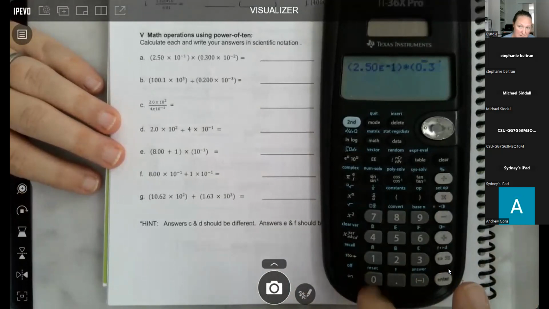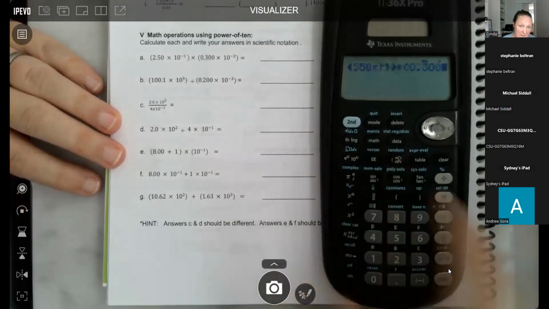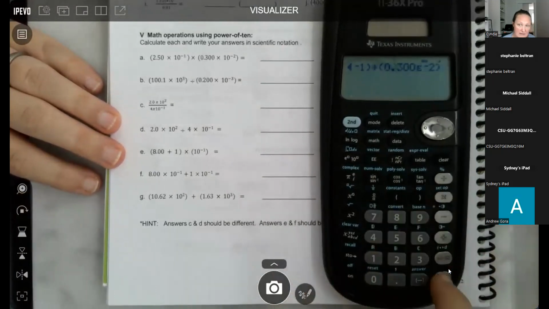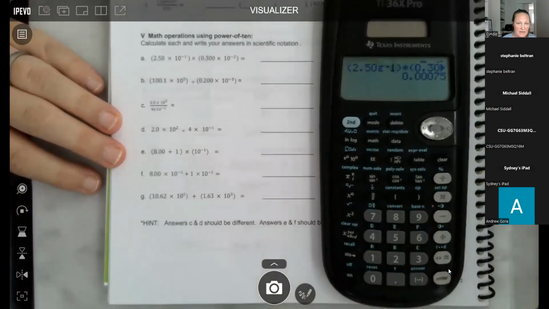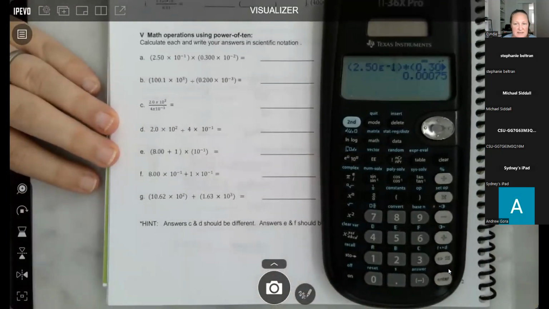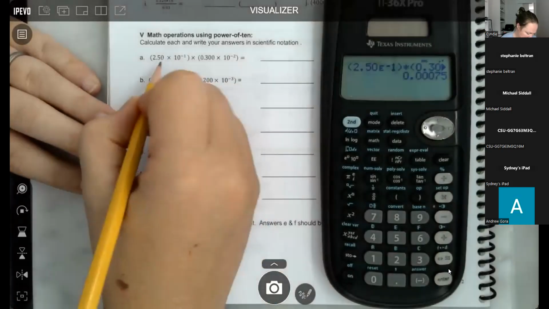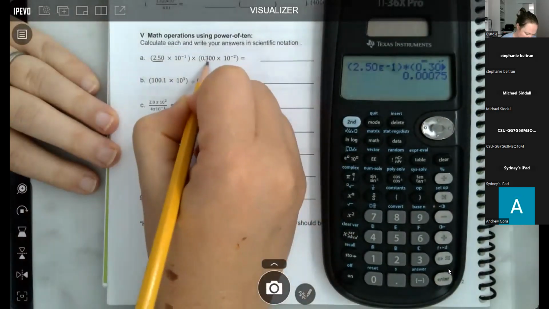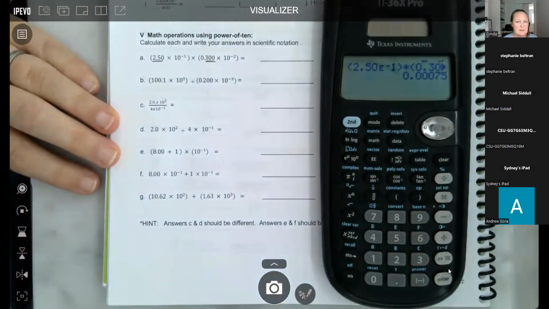0.3. Again, it doesn't really matter if you put in the extra zeros, but we can go ahead and put those in. Times 10 to the -2, right? Enter. Okay, so this is what the calculator spits out at us, right? Looking for significant figures. This one has 3, right? And then this one also has 3, right? Because the 300 is significant. So our answer